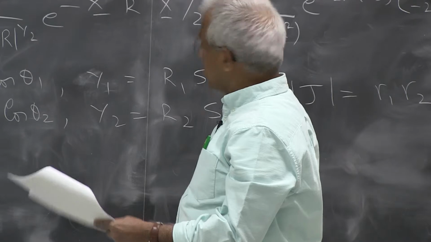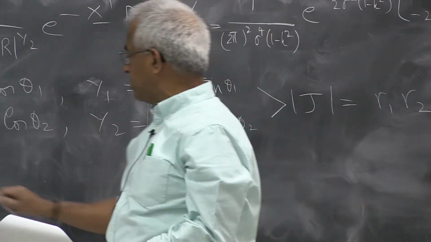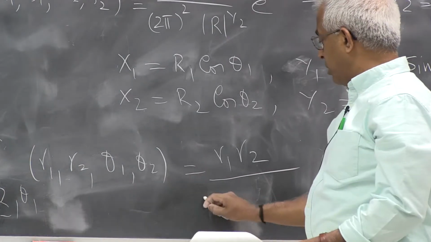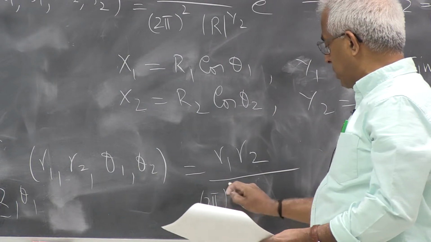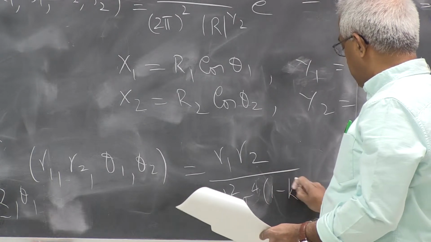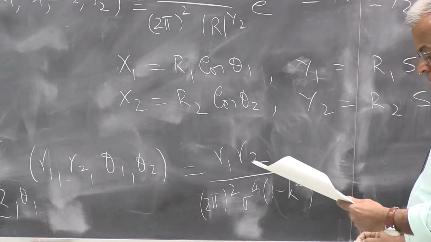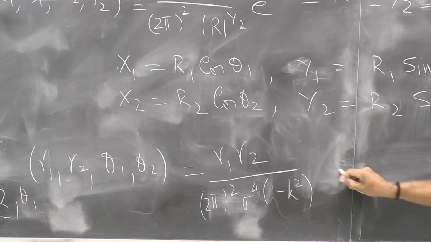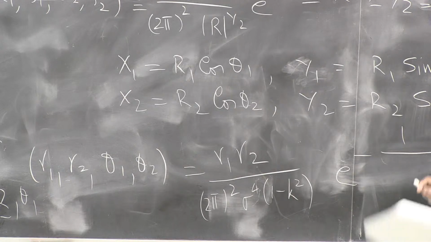If you do that, you can clearly follow it. So you have an r1 r2 because of the Jacobian. Then you have a 2 pi squared sigma to the 4 times 1 minus k squared. Notice that this is r1 squared plus r2 squared. So e to the power minus 1 over